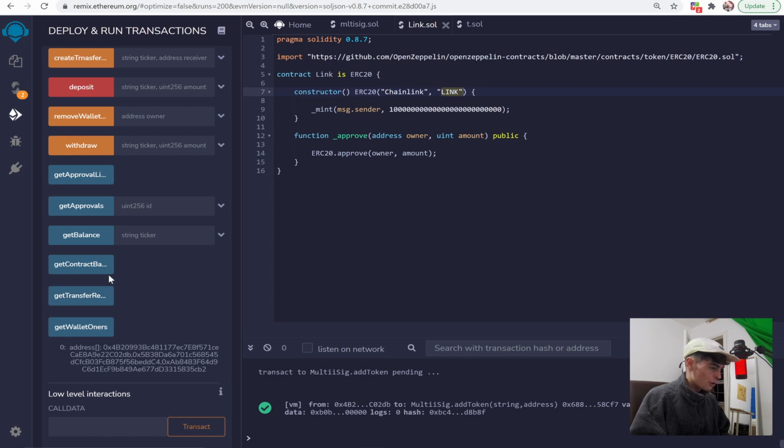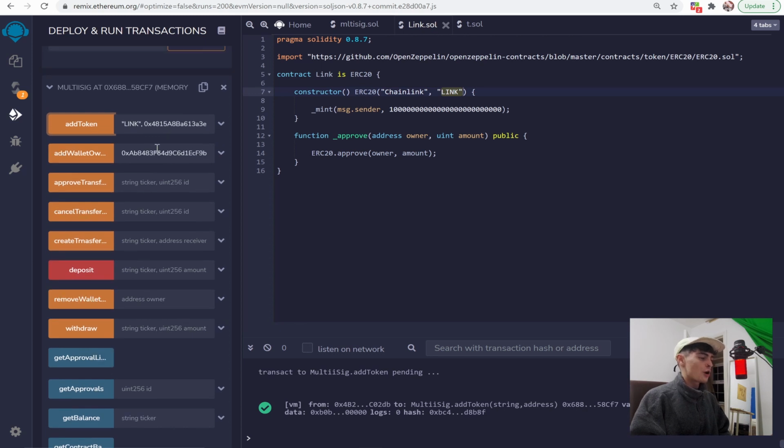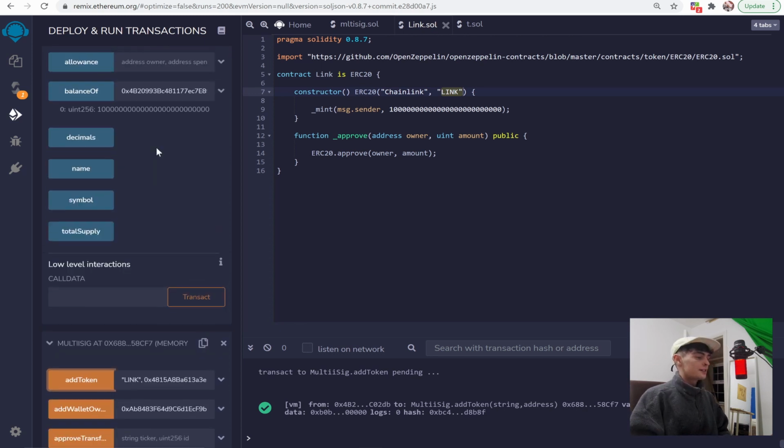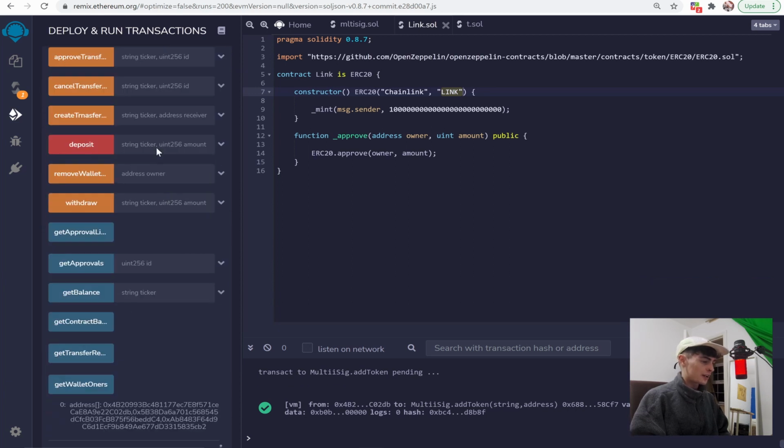And if we get our token list, I never made a function to get the token list, but trust me, it will say ether and link. So now that we've added a token, let's try to deposit. So if we come in here now and we are in account for 0x4, let's try and deposit, say, link, and we'll try and deposit, let's say, this much. I'm just going to throw in a load of zeros,